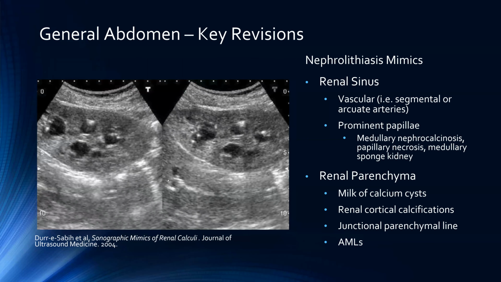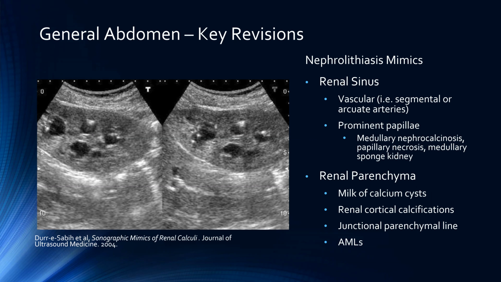Aside from that, the apexes of the medullary pyramids can project into the minor calyces, and in the setting of mild hydronephrosis can appear quite prominent and mimic stones. They can also be even more echogenic than normal and really be accentuated in the setting of early medullary nephrocalcinosis, as well as other pathologic entities like papillary necrosis and medullary sponge kidney, and those can very